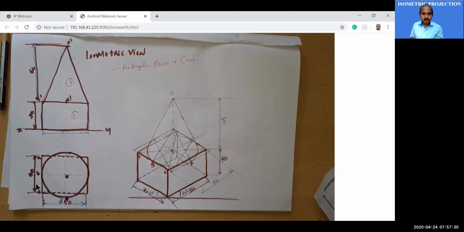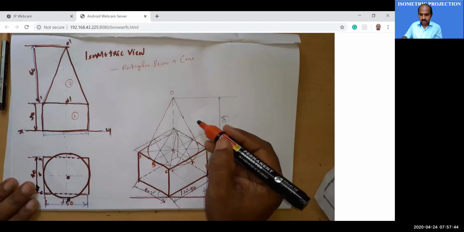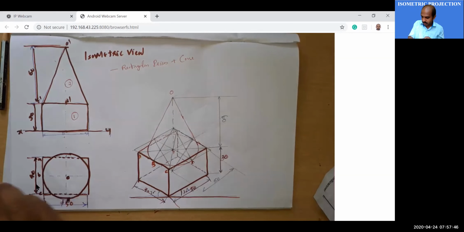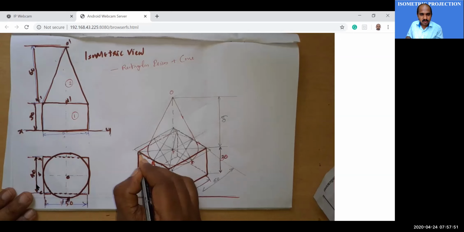Once you complete the top face of your rectangular prism, now we are going to draw the isometric of a cone. Just listen, very important. You connect each corner of this top face of your rectangle.